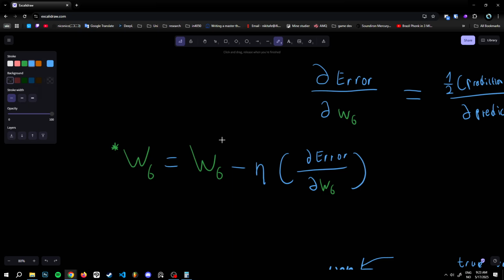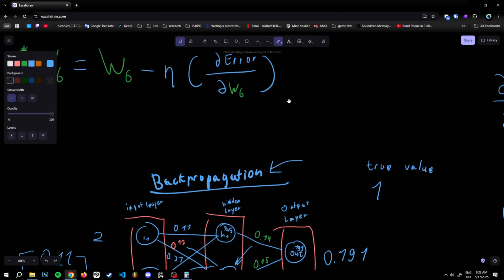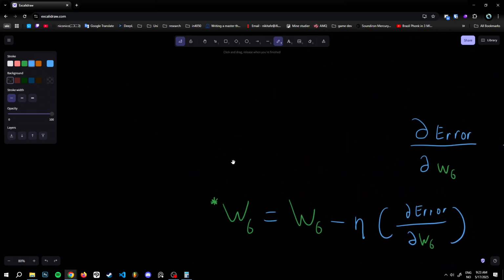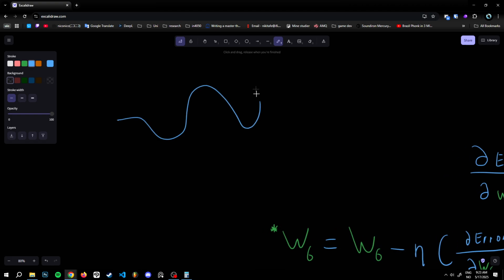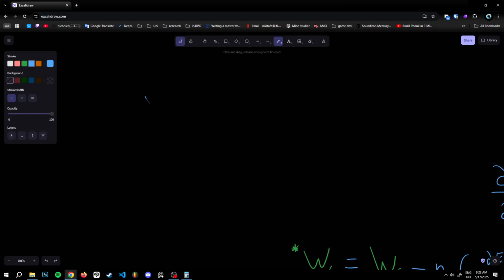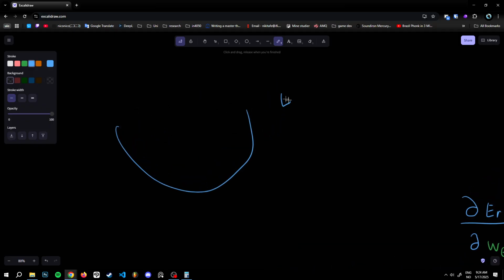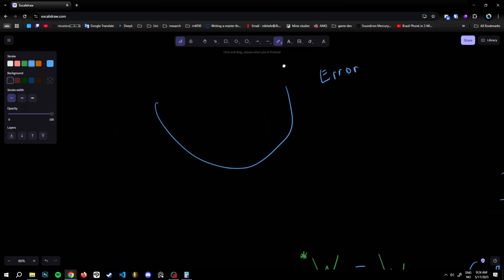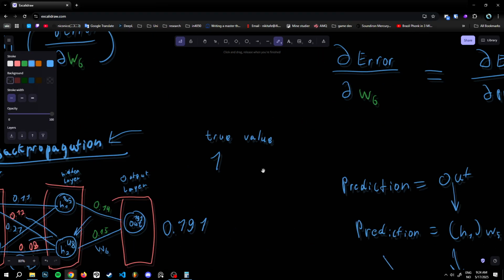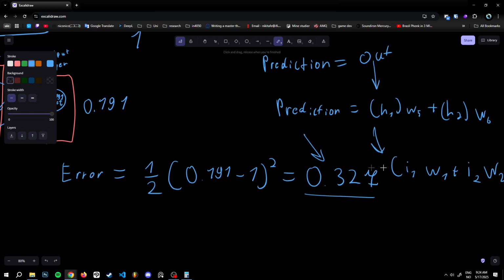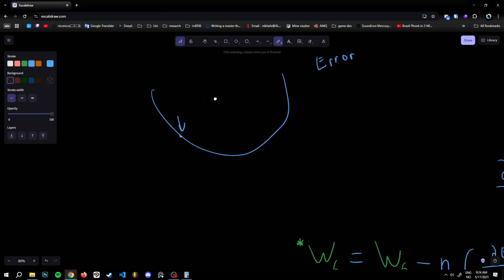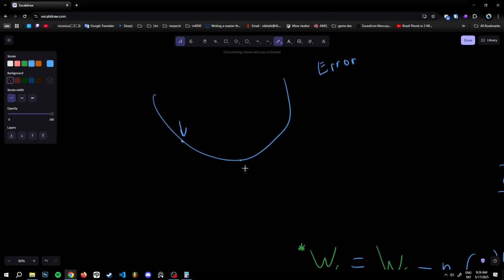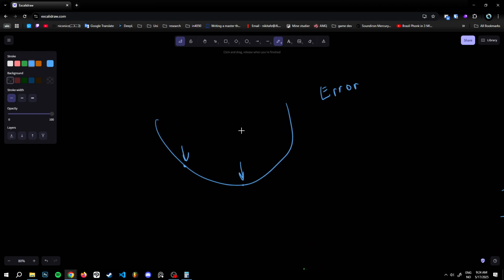A random new term appeared: the learning rate is how big of a step you want to take on the error function. I had a video on the introduction to gradient descent, or search space optimization, where we were talking about this kind of stuff. Let's say our error is like this, so here is a possibility of where our error could be. Let's say that currently we are at 0.327, right over here. We see that our global minimum is right over here. What we want to know is